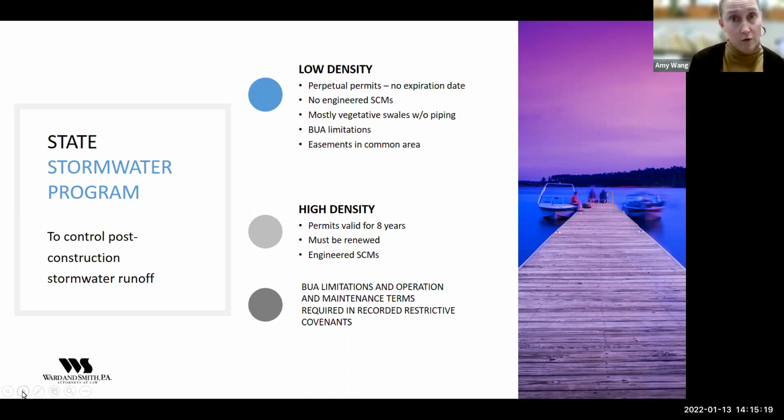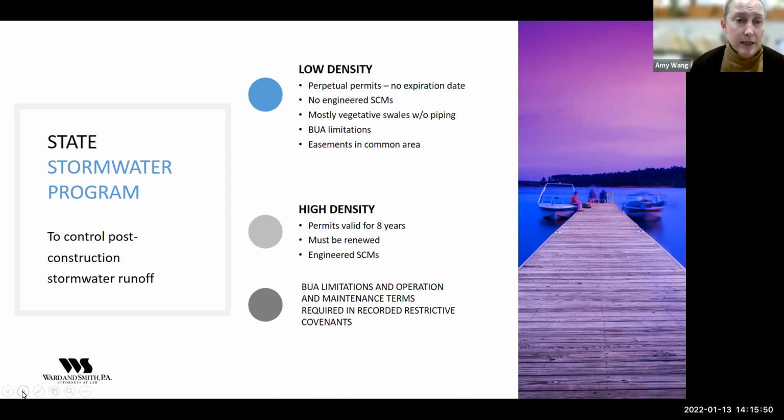So they hold water for a while, and then they're supposed to allow it to infiltrate down into the soil. Those permits do have an expiration date on them. They're valid for 8 years, and they must be renewed. And as part of that renewal, there are inspections that need to be done to make sure that the engineered measures have been operated and maintained, so that they are still functioning the way they were designed to control that stormwater flow.